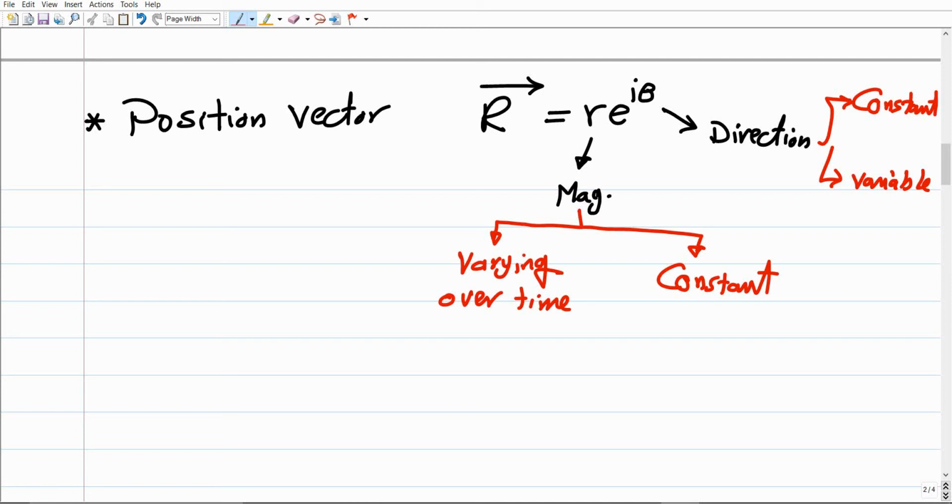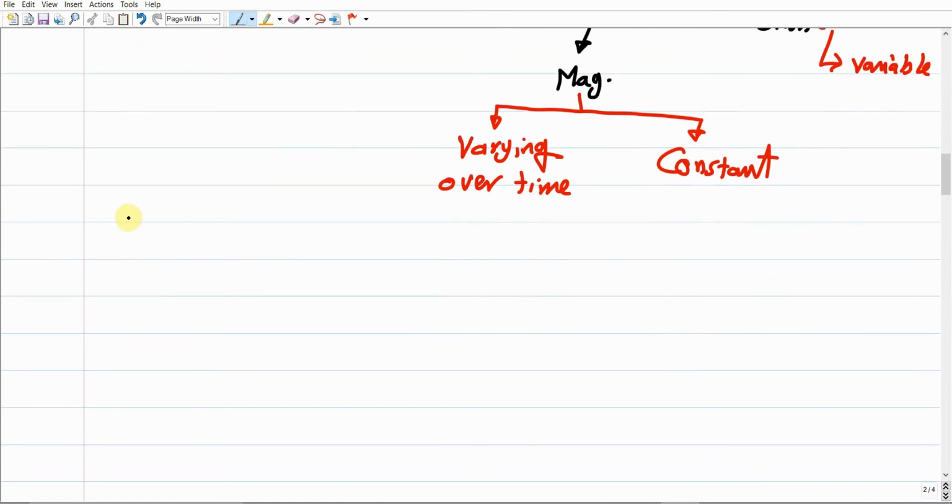Okay, so for example here, based on whether r or theta are variable or constant, we can define different cases for the derivative to end up with the velocity or the acceleration. So let us discuss these different cases one by one. Let us consider case one,